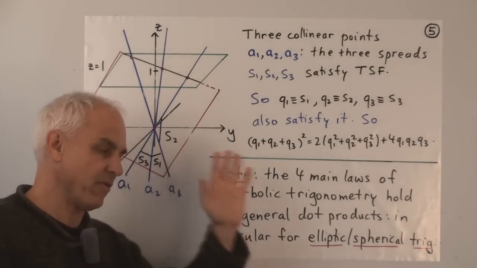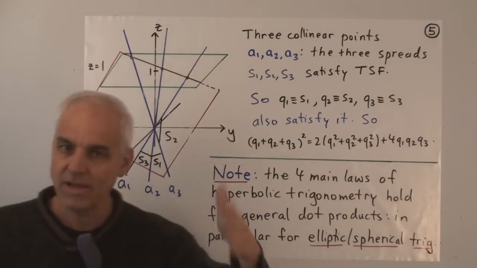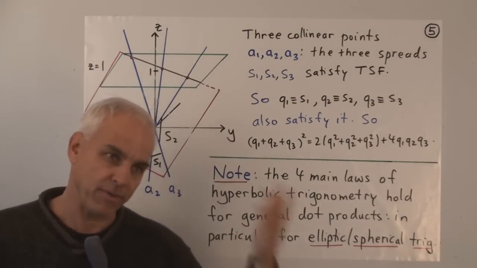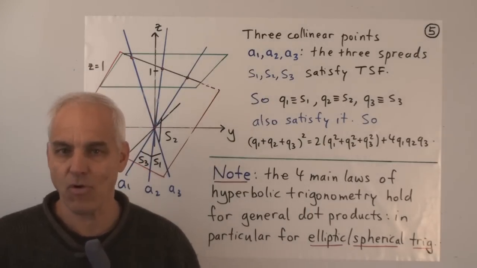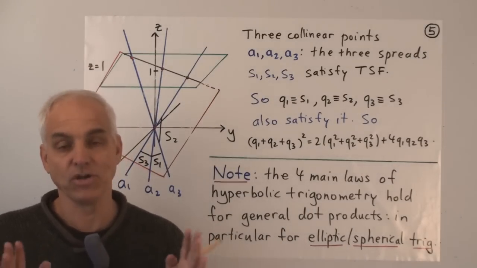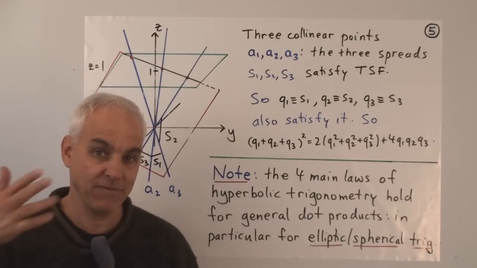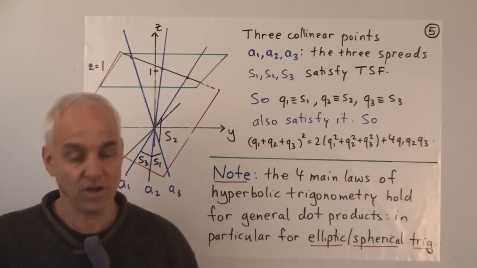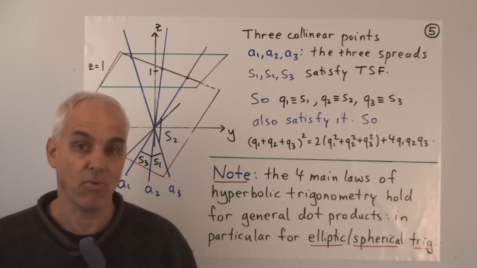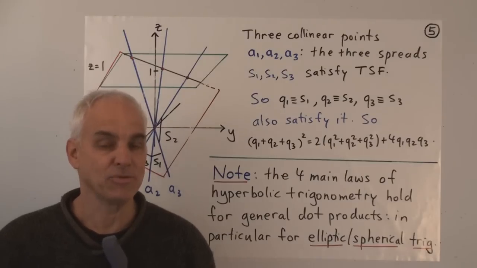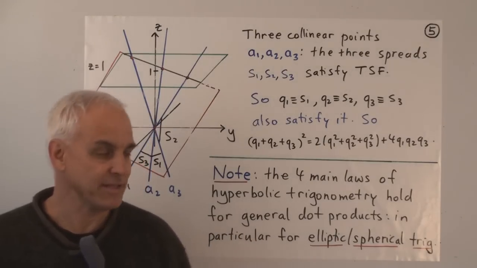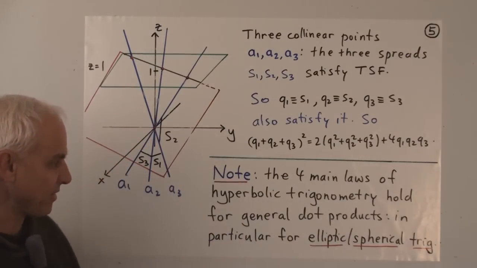Now, that's a little bit of a complicated explanation, involving some more advanced concepts. We're going to three-dimensional space and quadratic forms and dot products and so on. So don't worry too much if that went over your head. I just want to give you that as an explanation you can come back to and think about some more. While I'm talking about these slightly more advanced things, let me make this note here.